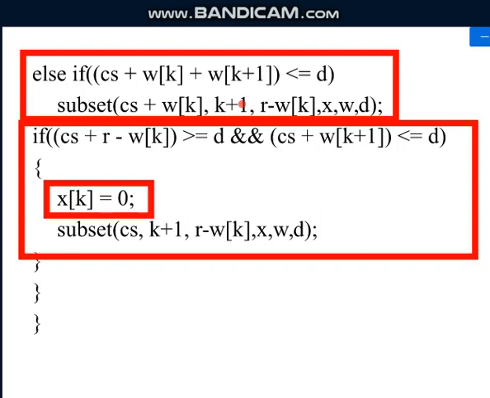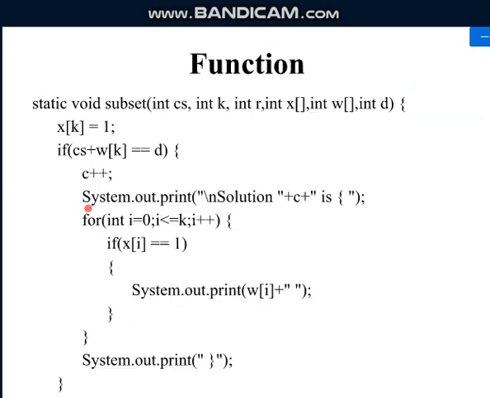So 15, if it gives a solution or not. So when you come here, 15 plus what is the current one? Current one is 15. So 15 plus 15 is 30 and d is also equal to 30. So that means you have found one solution. So you have found one solution and you are printing that solution. Okay. Then again you will proceed with the next one.